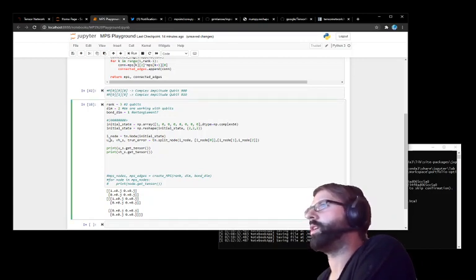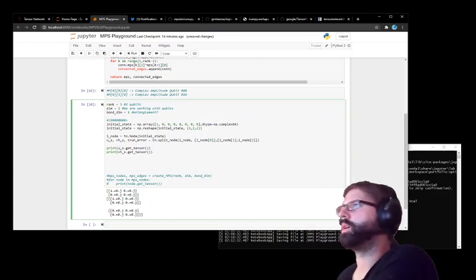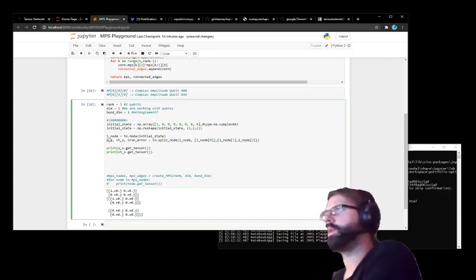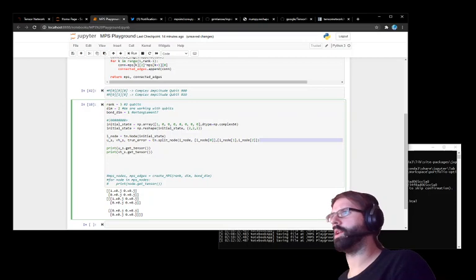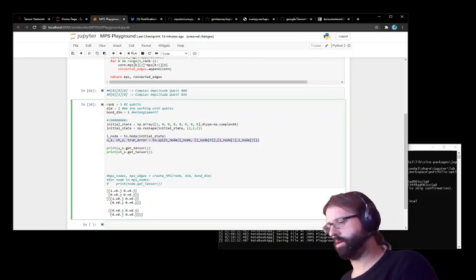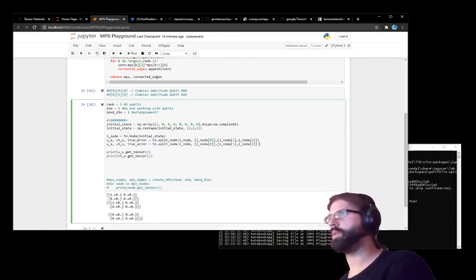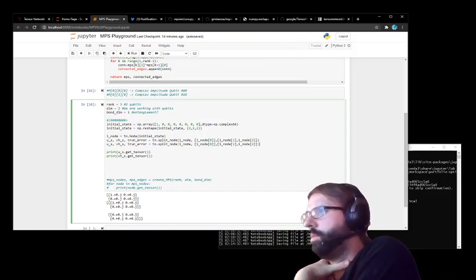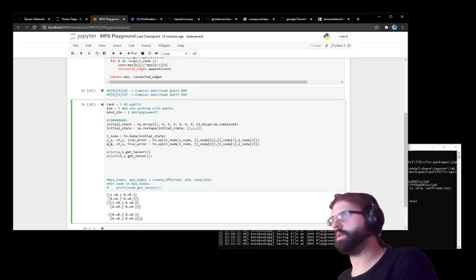Okay, but now we have these, and now if I want to do that again, I would just do these with, say, these node, and basically now it just has two edges. So